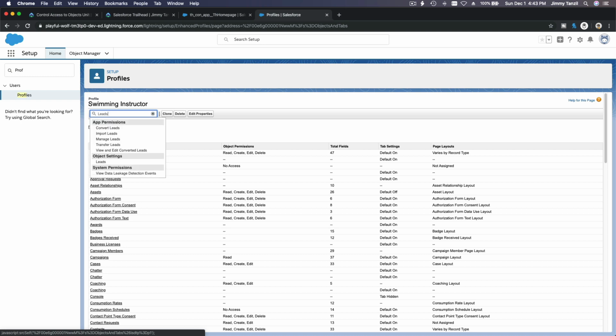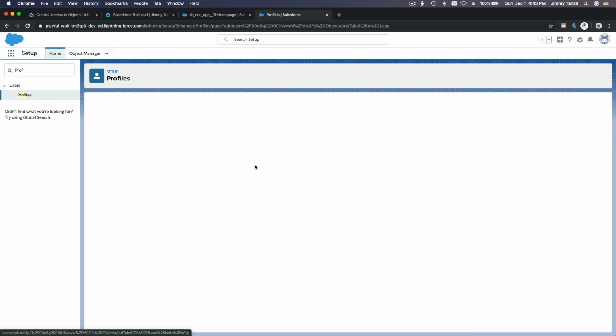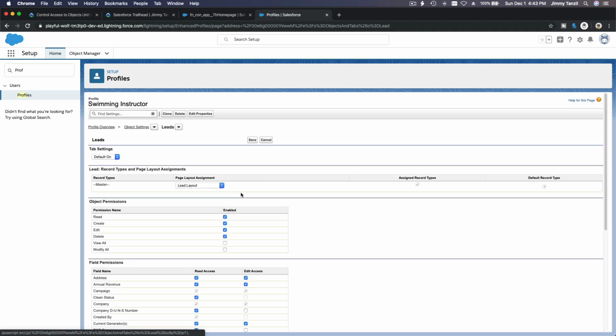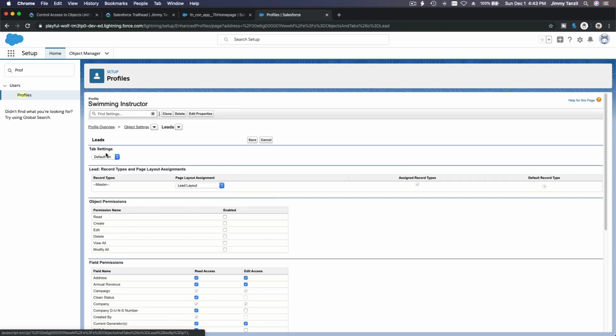So if I search leads, object settings, leads, right? Click on there. I want to edit this so they can't even read anything, and the tab is even going to be hidden. All right. So this is the object settings. Now if I save this,